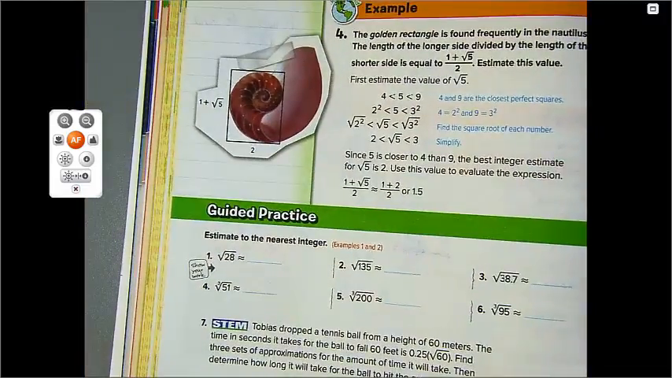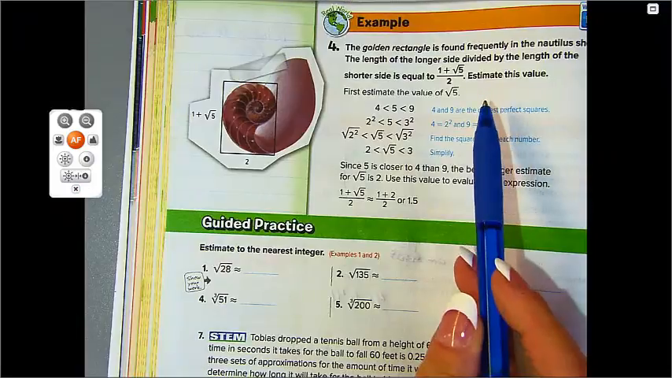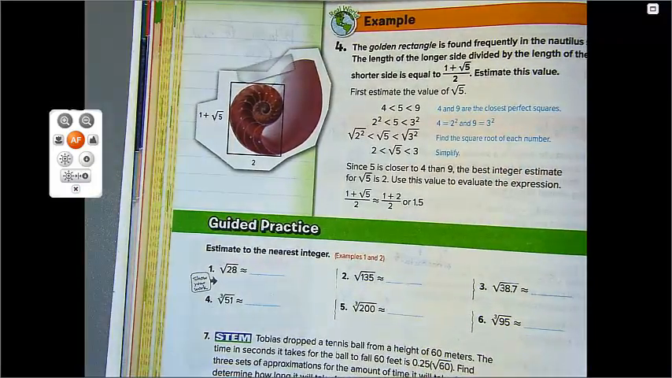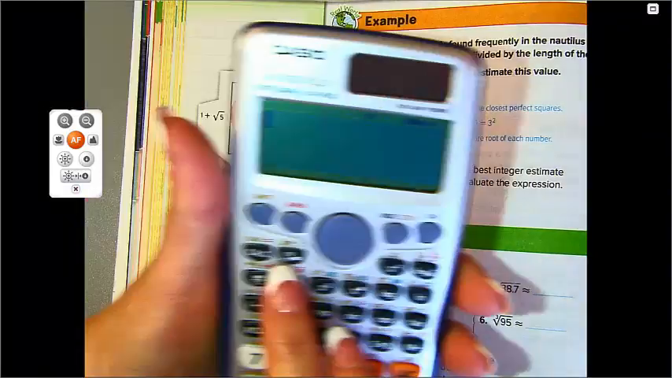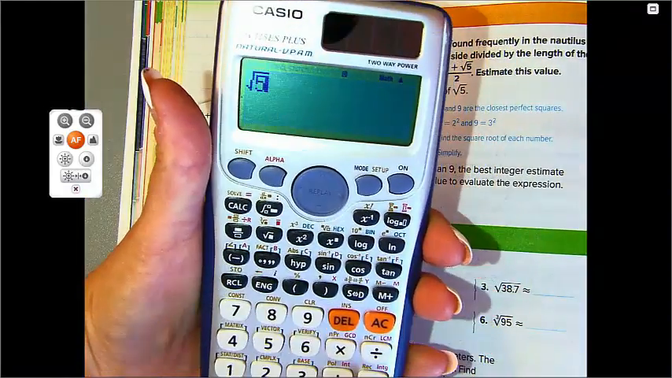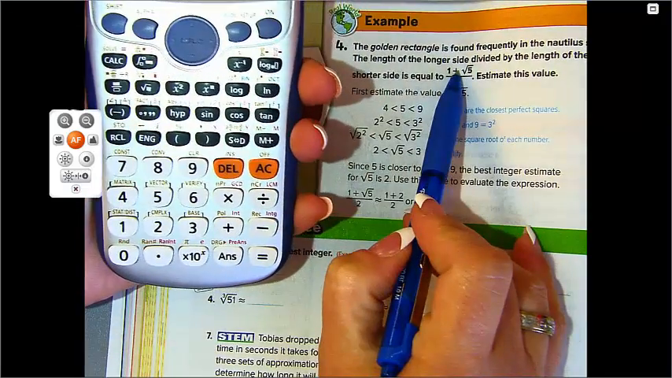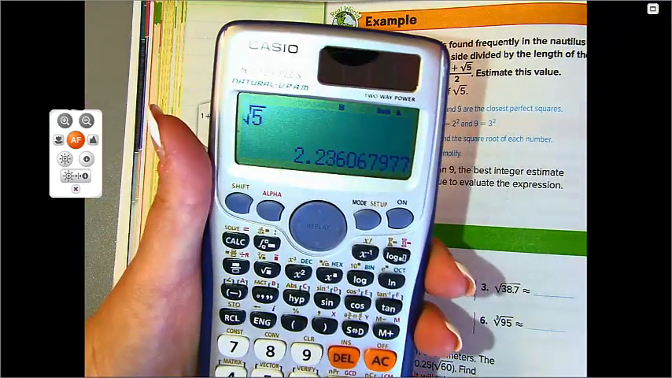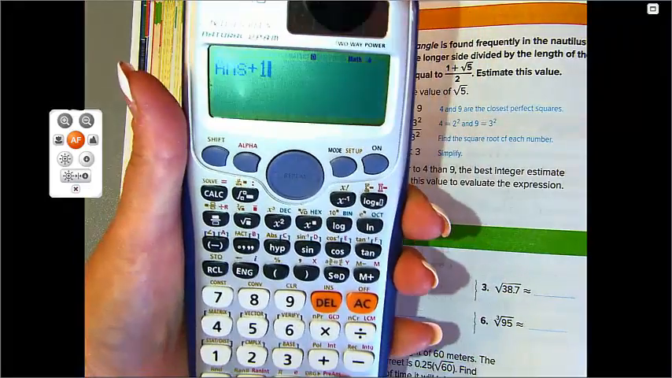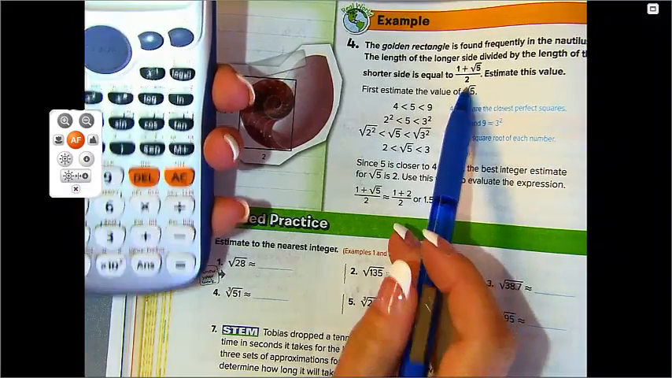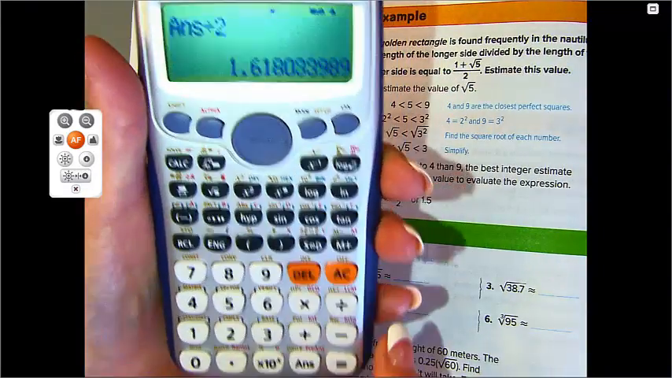Here's another problem, and it says 1 plus radical 5 over 2. Well, we can take care of that radical 5 by doing it on our calculator. So if we do radical 5, is this number. Plus 1, so I'm going to add 1 to that, is this number. And then if I divide that by 2, I get